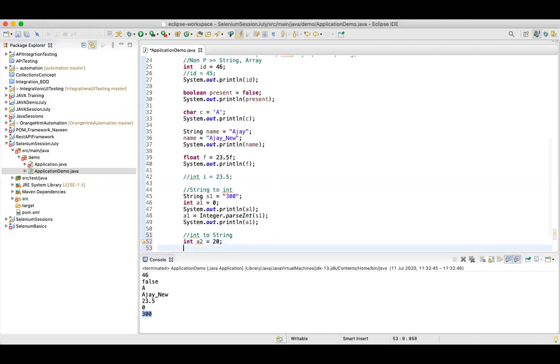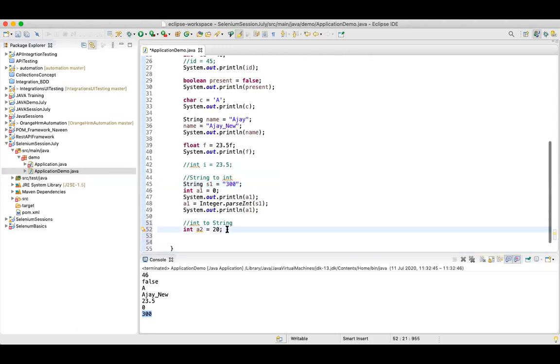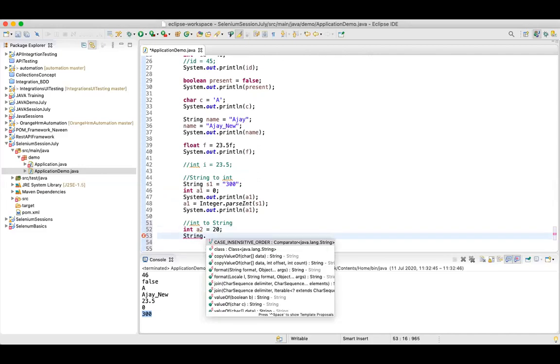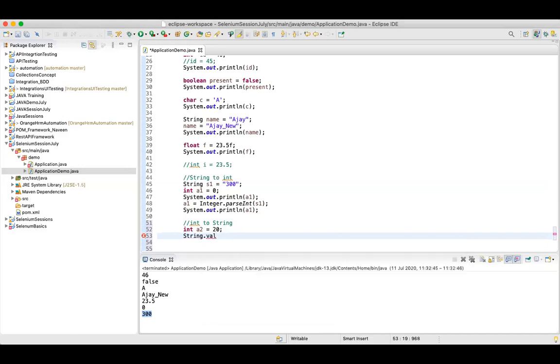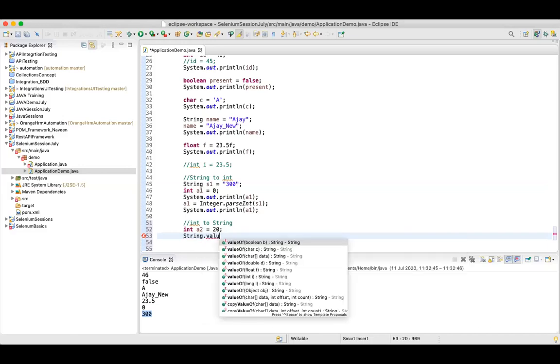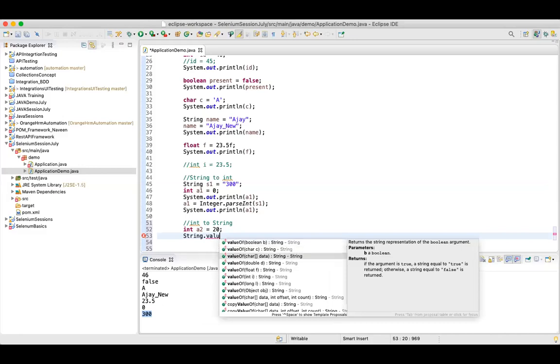Now I want to show this particular value as a string. Currently it is in integer form. So how do I do that? There is a method called valueOf. Within the String class, there is a method called valueOf, which takes a particular integer.